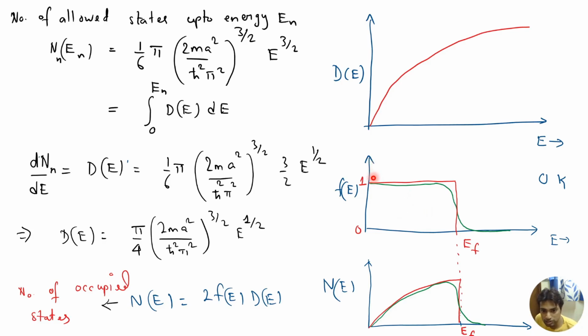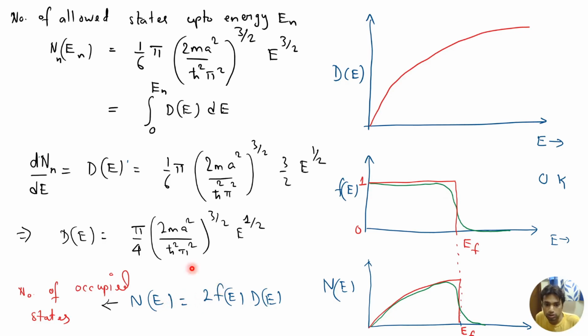So the Fermi-Dirac function tells us, let us look at the case of 0 Kelvin. At 0 Kelvin, you have to follow this red curve. Up to the Fermi energy EF, your states are totally filled, and after EF, your states are empty. So what we have to do to get the total number of occupied states, the states which are